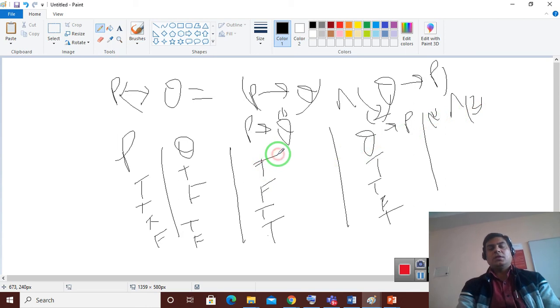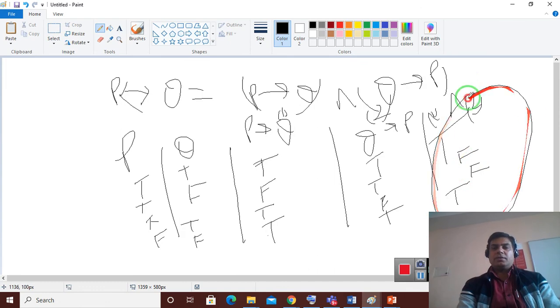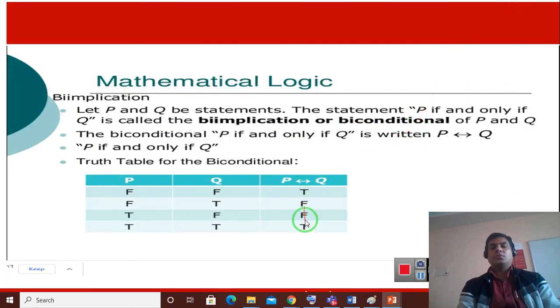Conjunction means if both true then true, otherwise false. So the final truth table is true, false, false, true.